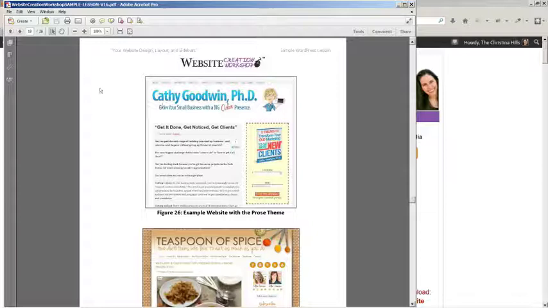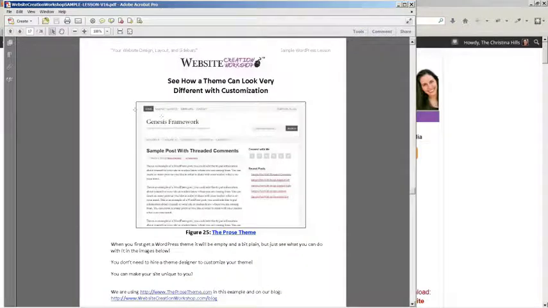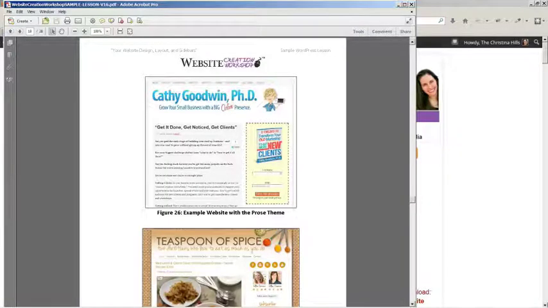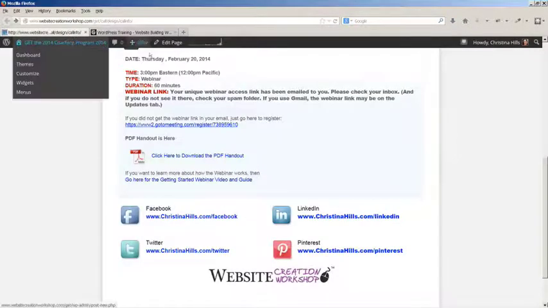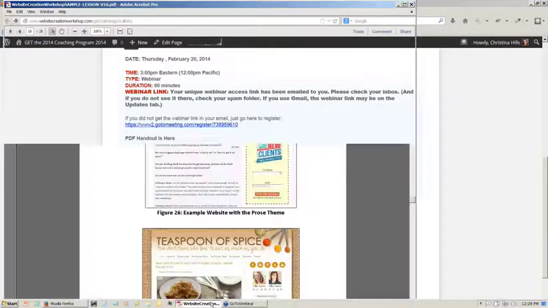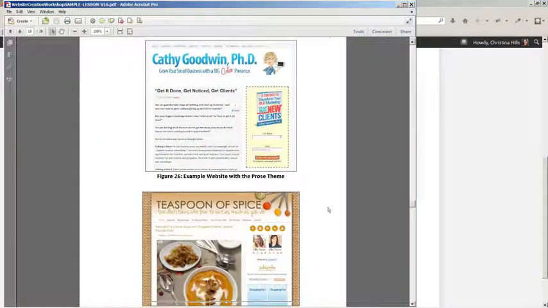So notice on Kathy's site, it does look like this theme demo. So she's taken this theme and she has added some customization, but it still looks relatively similar to the theme demo versus my site. I've changed the colors of the navigation so it looks a little different. And then this other site, hang on, Teaspoon of Spice,